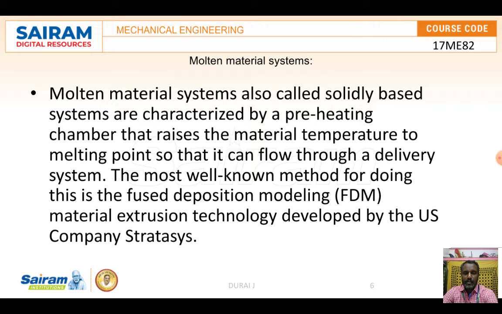In this system, the material, before reaching the platform, is preheated up to the material melting point, so that it can flow through the delivery system.